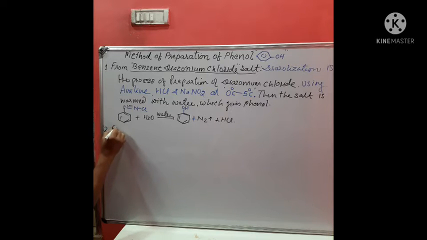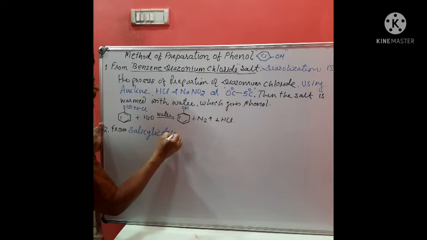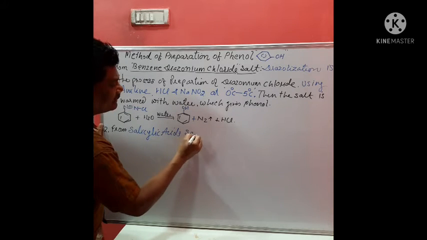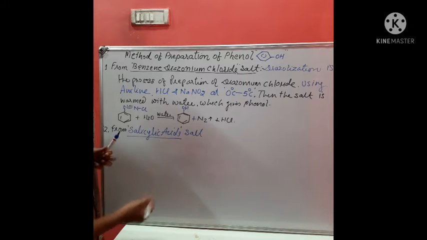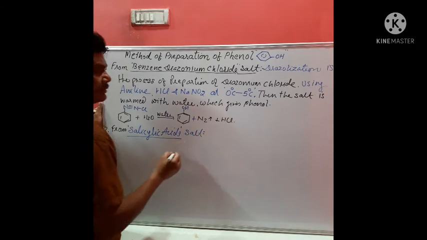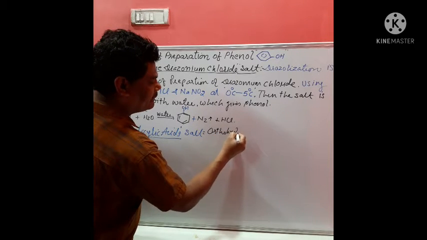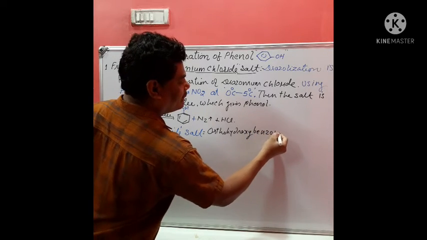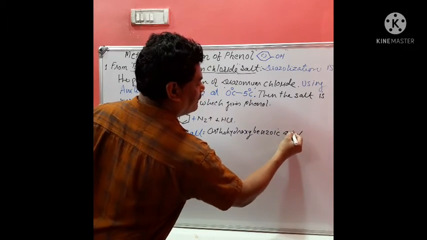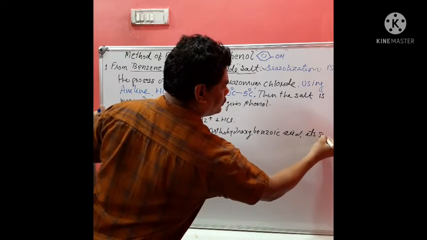Second method, from salicylic acid salt. That is, we do not have to use salicylic acid itself, besides it we have to use its salt. Now what is salicylic acid? Ortho hydroxy benzoic acid. Okay, this is called what? Salicylic acid. Its sodium salt,